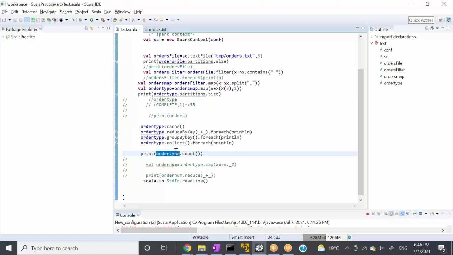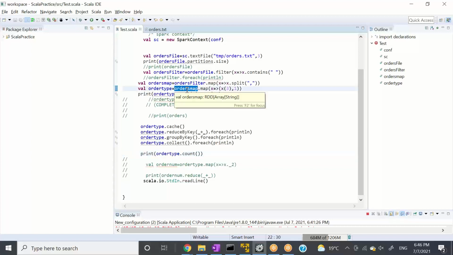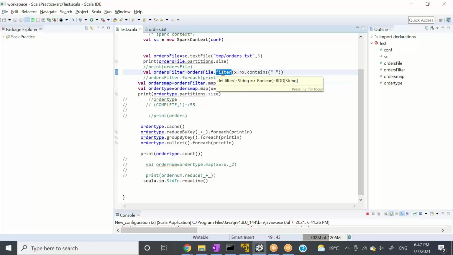When we go to the DAG of order type, order type is created from orders map, right? Order map is created from order filter. Order map is created using map, then it is again created using map, and it is created again using filter. So map and filter are narrow transformations, and that's why no stages are created, it's just done in a single stage.